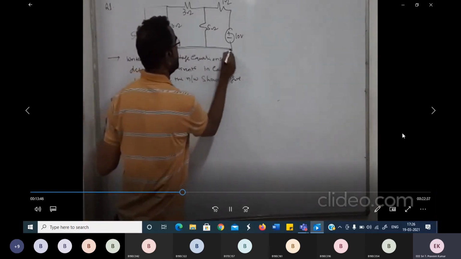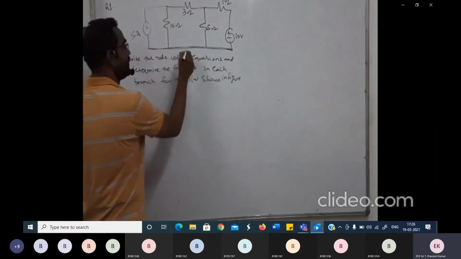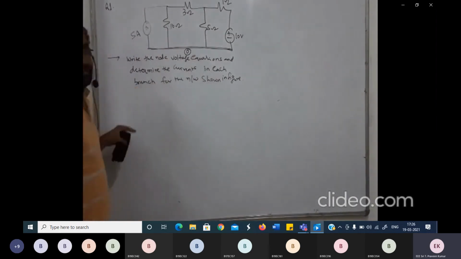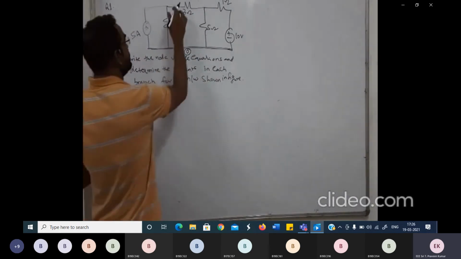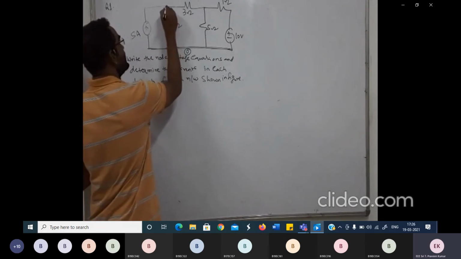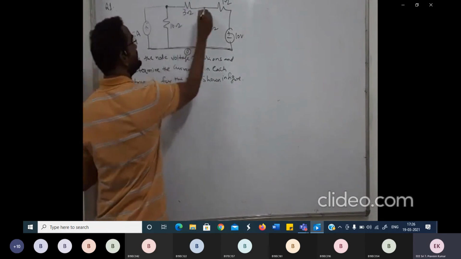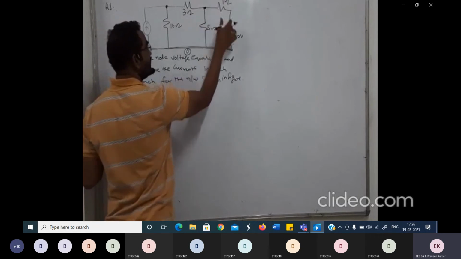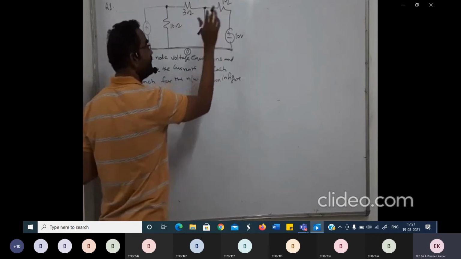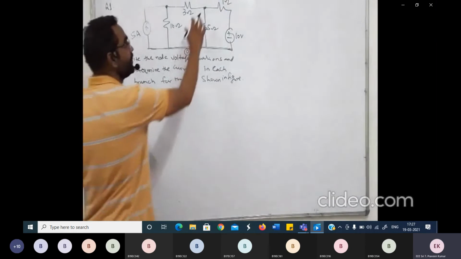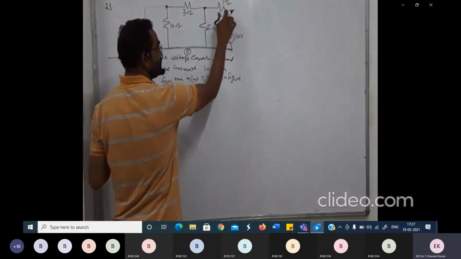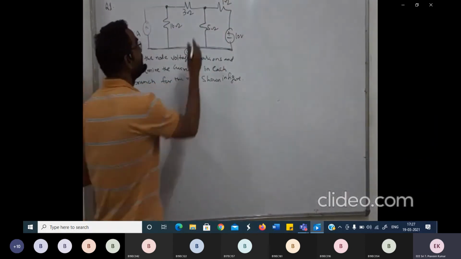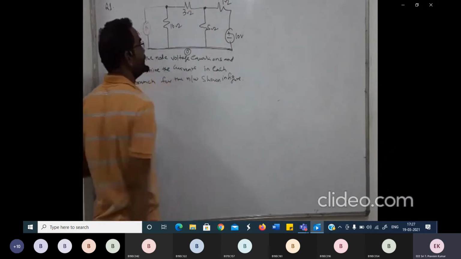Now, all of you look at this. This is your reference node. I will take it as 0, right? Now if you can see these elements are connected at this node, I will take this as node 1, and these elements are connected at this node. Now you can ask me, sir, this is also connected. Yes, this is connected in series with your voltage. So we only consider this node, we don't consider this node because this is connected in series, right? Now let us take this as node 2, right?